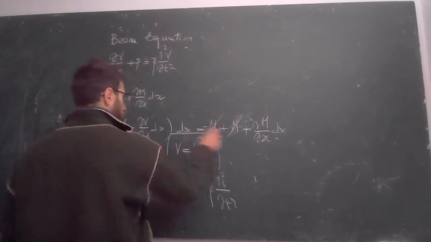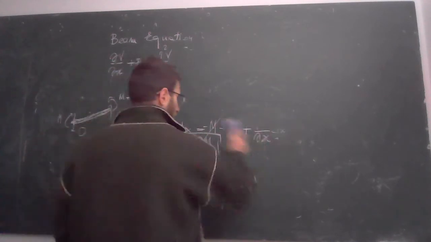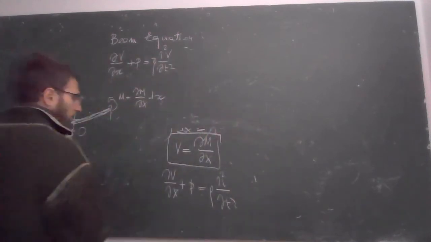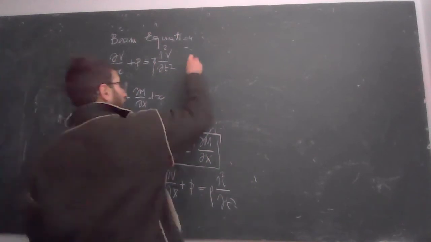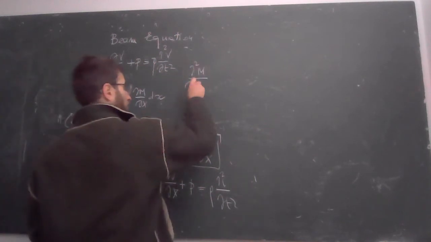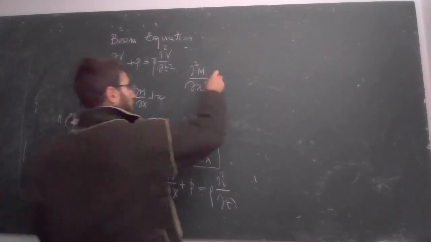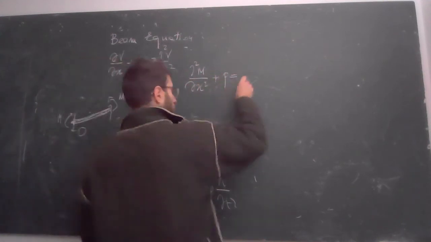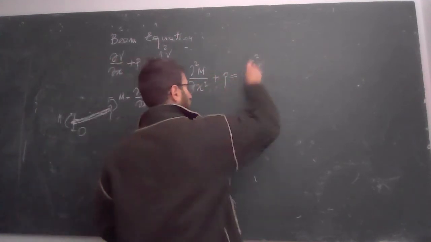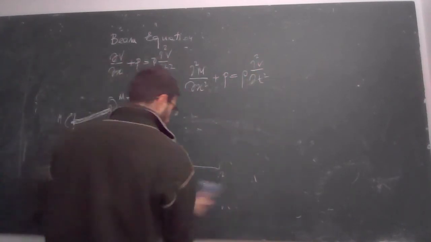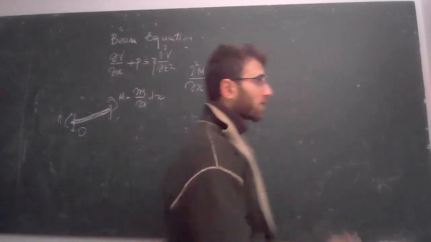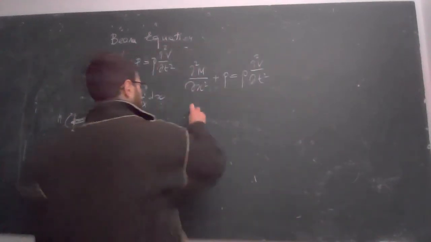So we plug this equation inside, and we have the double derivative of the bending moment over dx squared plus p is equal to rho the double derivative of v with respect to time. But we do know the constitutive equation of the beam, which is M